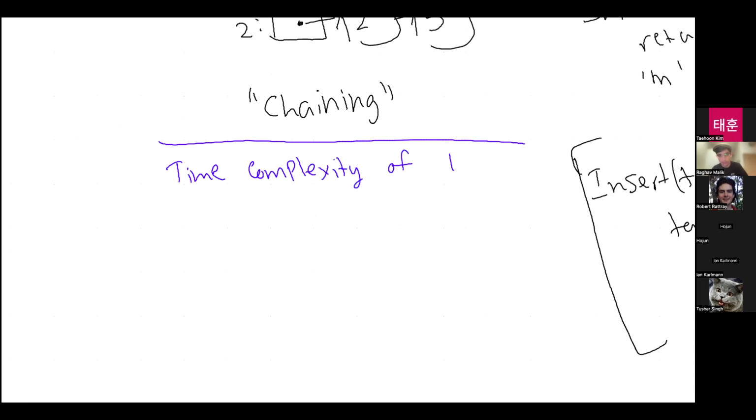So the time complexity of lookup, right? Let's first analyze the case where the key is not in the table. Ignoring complexity for a minute, if the key that I'm looking up is not in the table, what is the sequence of operations that happens? What actually happens in my lookup function if I try to look up a key that's not in the table? You can shout it out or put it in the chat.